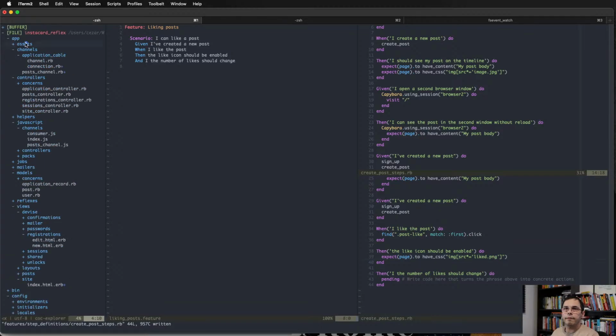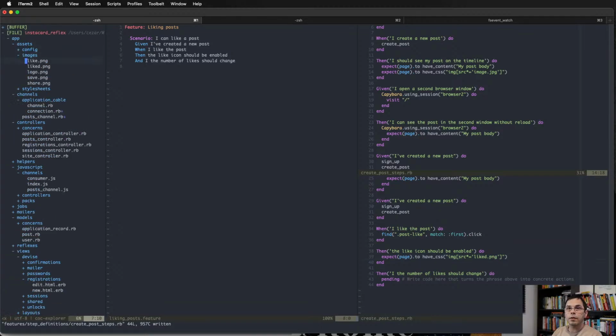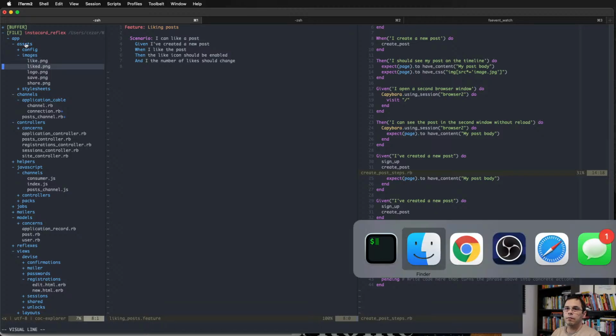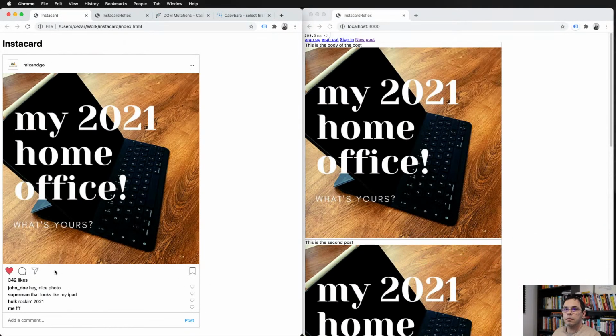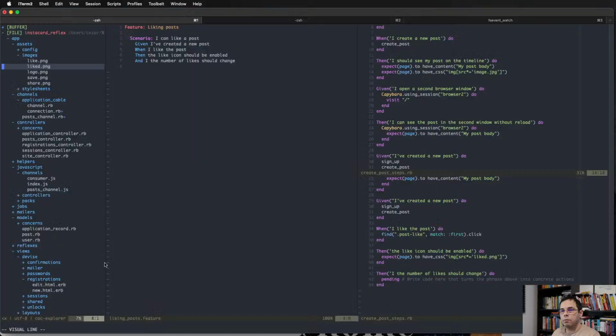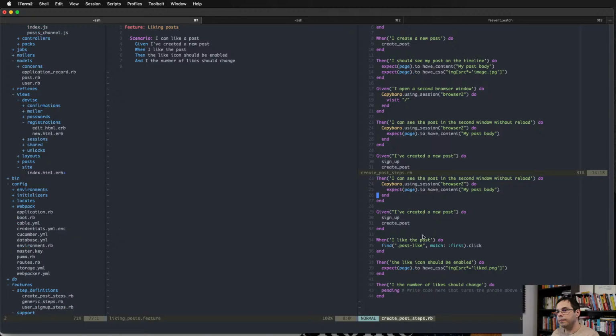So now I have these images in my assets folder. This is when the post is not yet liked, and this is when it turns red, the heart icon. So this is liked, this is like, and these are the other icons. Okay, so I need to have that liked PNG image,